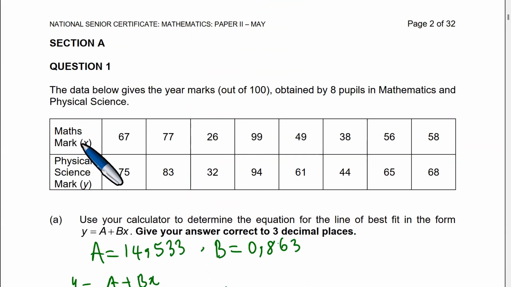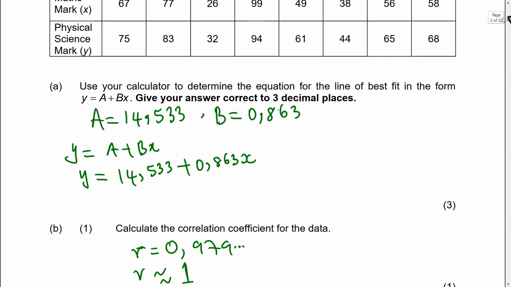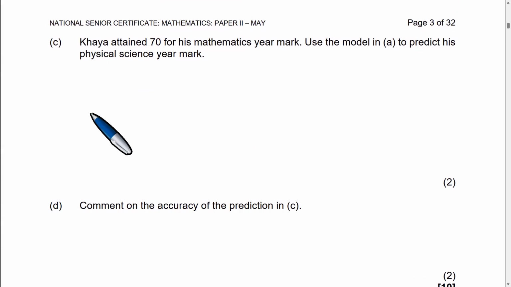The math year marks are X and the physical science year marks are Y. So we're going to use this equation that says Y is 14,533 plus 0,863 times the mathematics year mark 70. So for Kaya, the regression line, which is the line of best fit, is